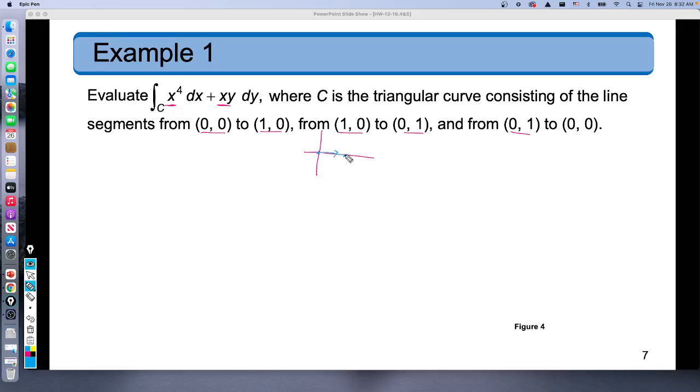We're going to go with the counterclockwise orientation: (1,0) to (0,1), and then from (0,1) back to (0,0). So we get this triangle. There's our region, and we need to integrate this. One way of doing this is